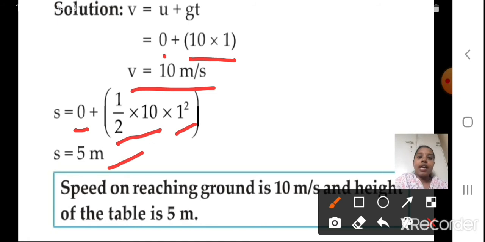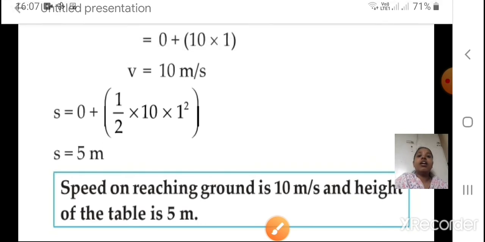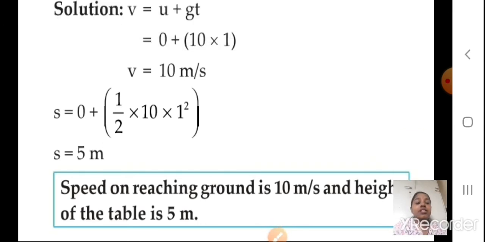I hope you understood till here. Today we studied these sums where we have used Newton's equations. You have all studied these equations in 9th standard. Only here, instead of acceleration a, we have substituted gravitational acceleration, that is g. I hope whatever sums I have taught you today, you will write in the book and practice so that you understand them. Very easy sums, you just have to use Newton's equations.